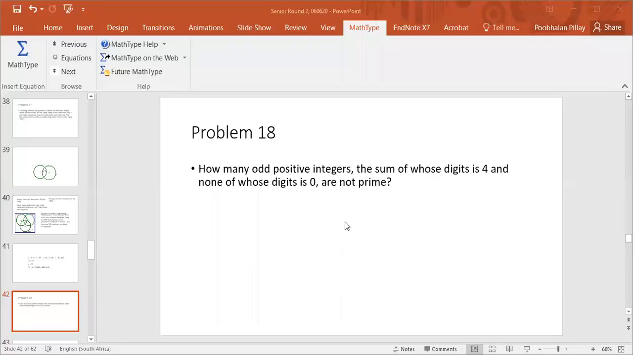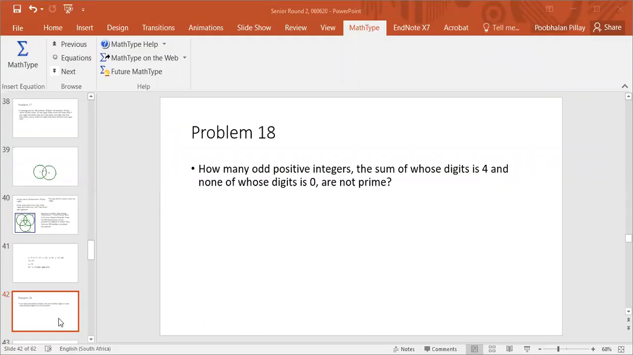All right. Let's get back to this question 18 here. How many odd positive integers? Positive, odd. 1, 3, 5, 7, and so on. The sum of whose digits is 4. So when you're adding up the digits, you're going to get 4. And none of those digits is 0. And how many of those are not prime? These questions test your understanding of language also, which can be problematical, but you have to